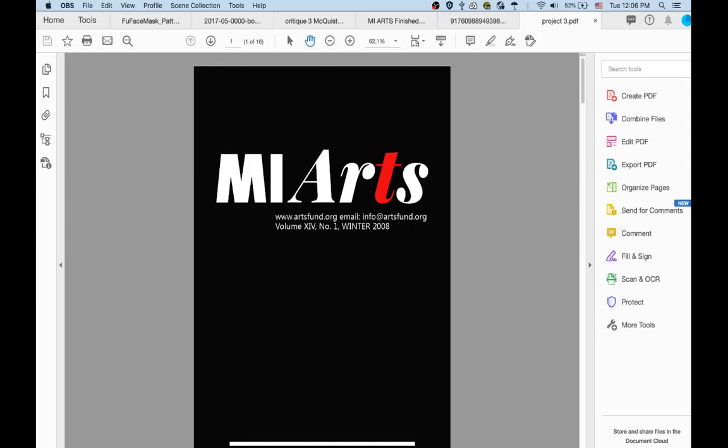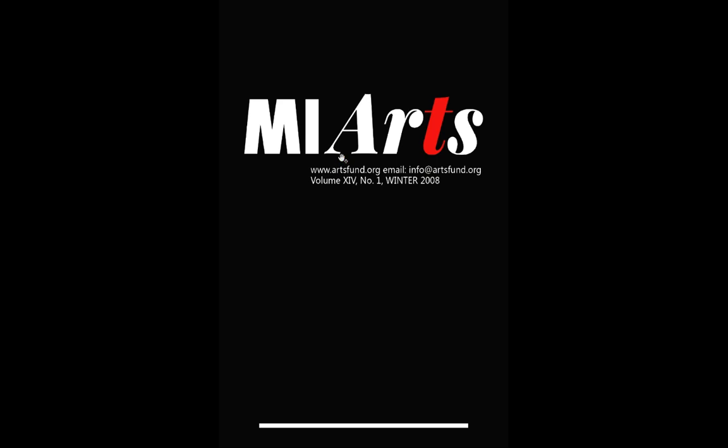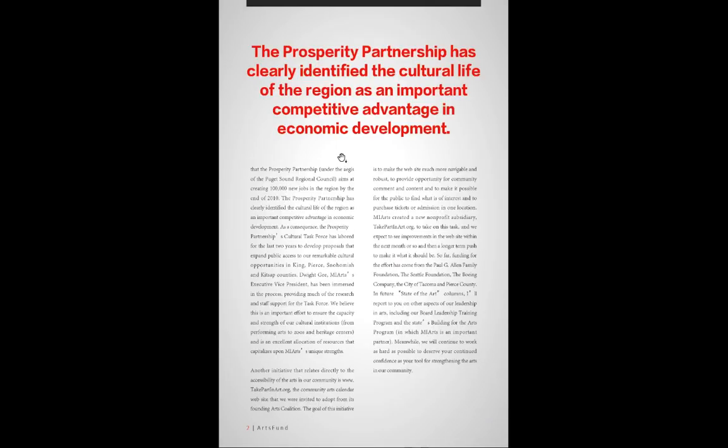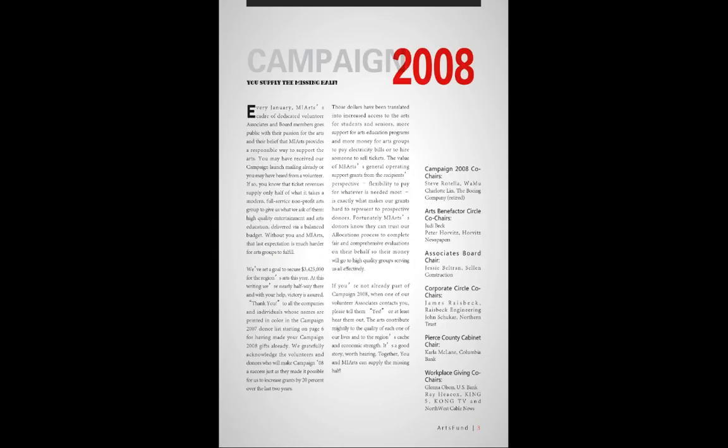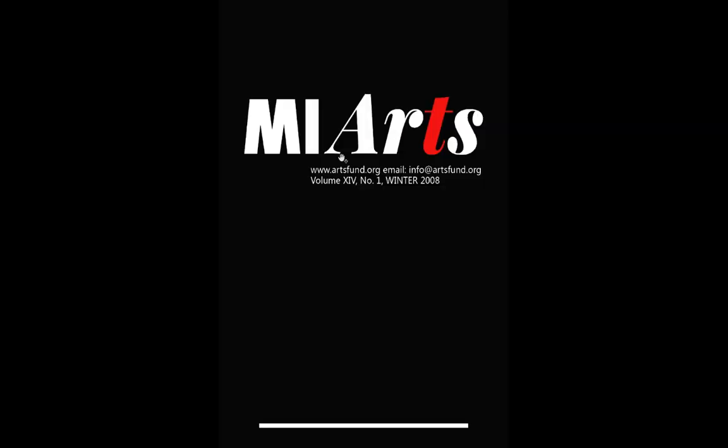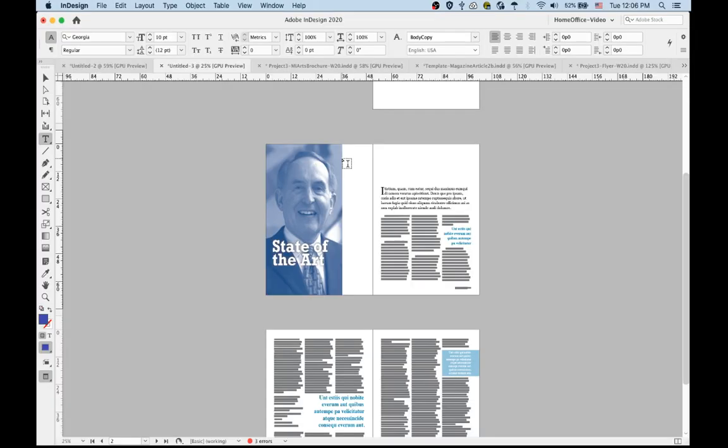All right, let's take a look at this next one now. The first thing I noticed is if I view this in Acrobat in full screen, I just see one page at a time. So it's hard to judge the spreads. So let's go back and look in InDesign at how to